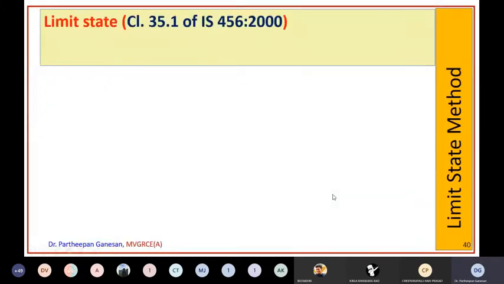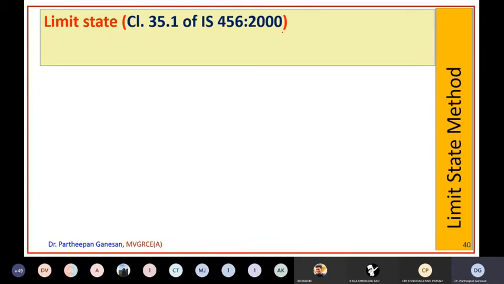Now, if you have a code, please turn to 35.1, page number 69. If you have the code, I request all of you to bring your code, because I am going to refer to many things from the code from here on. So unless you know where it is, it will be very difficult for you to refer later on. Even when the quiz exam comes, you will be flipping the pages. You will not be able to find where the data is. But if you have the code when I am teaching, it is easy to refer. So take a print of the code and take a bound copy with you, so that it's very easy.